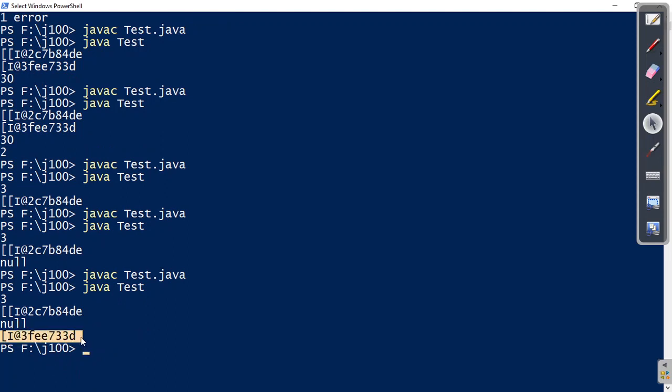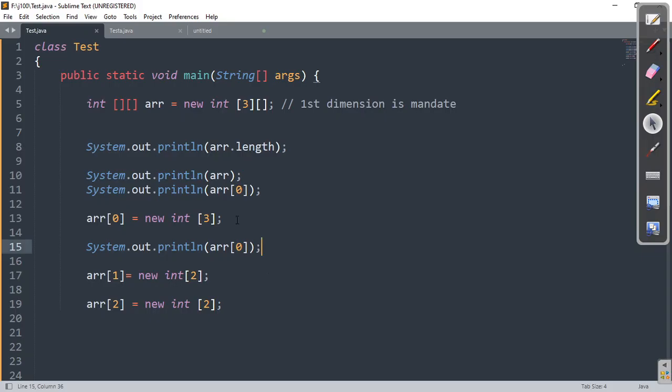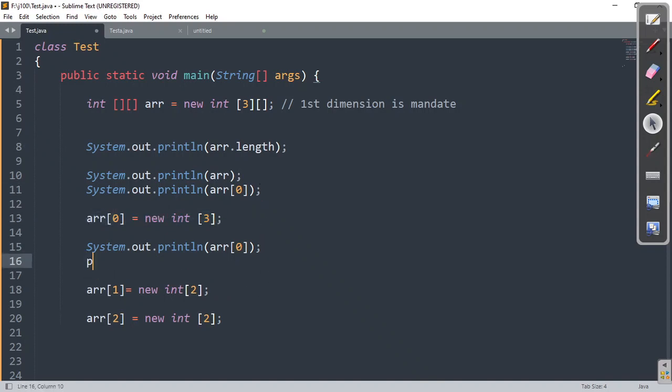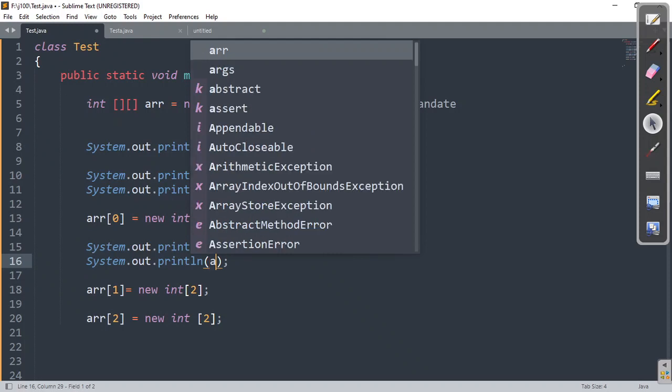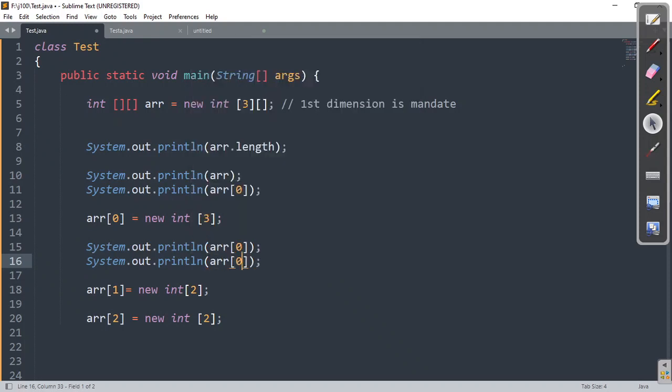It says now it is a one dimension array, right? Previously I don't know how many cells you have taken because I have not initialized this one, so it will be initialized with null. Similarly, if I print ARR of 0 followed by 0, what will be the value? I'll get the default value, that is 0. Excellent, absolutely perfect, no problem in that.